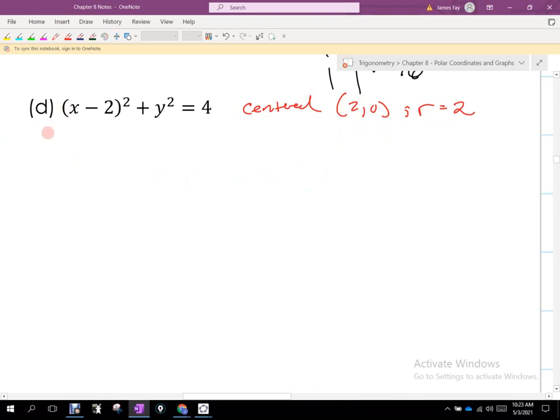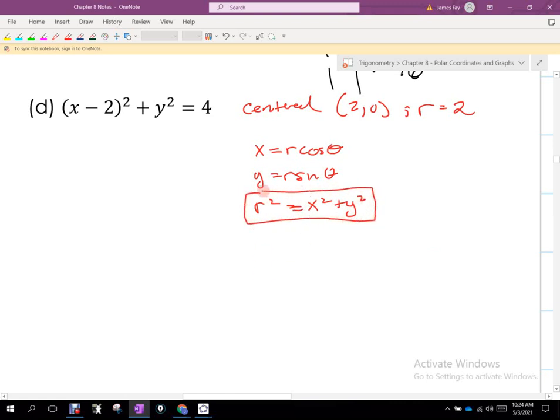What I think, and we did this on Friday, we know this is a circle. And we could do this with other formulas, guys. We could do it with hyperbolas, with parabolas, with whatever we want. Right now, as an introduction, it's easiest to do with circles and lines. But we have x is equal to r cosine theta again, y is equal to r sine theta again, and I'm going to write r squared is equal to x squared plus y squared. I know that I probably need to use that